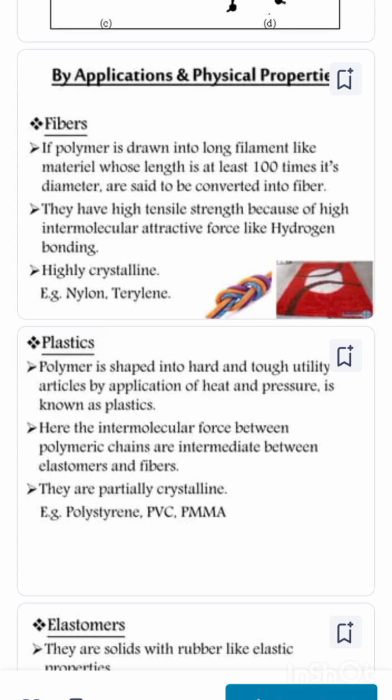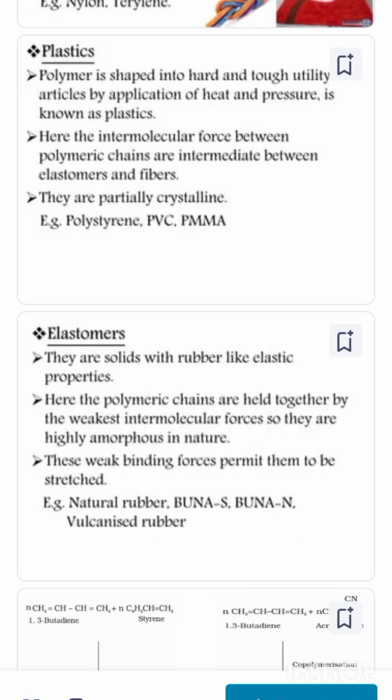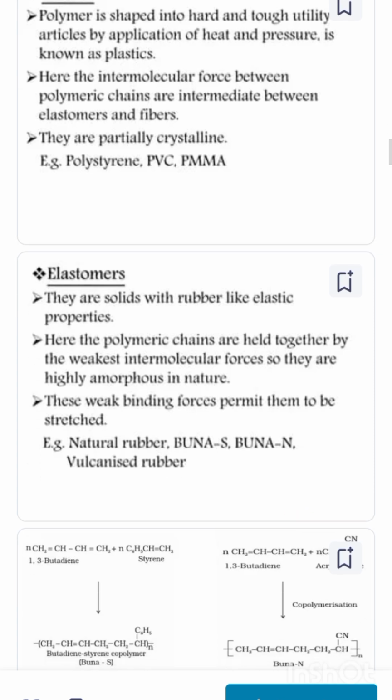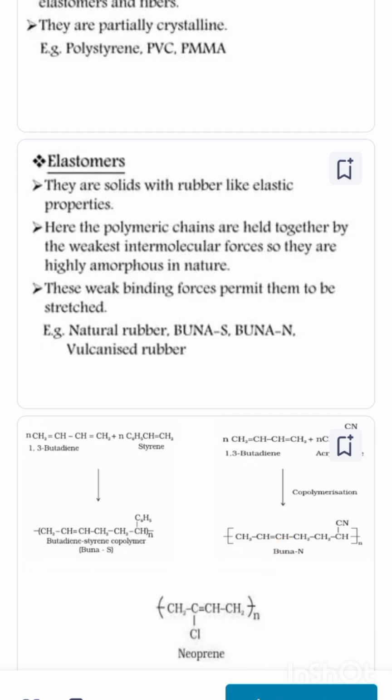Plastics. A polymer shaped into hard and tough utility articles by application of heat and pressure is known as plastic. Here the intermolecular forces between polymeric chains are intermediate between elastomers and fibers. They are partially crystalline. Example, polystyrene, PVC, PMMA. Elastomers. They are solids with rubber-like elastic properties. Here the polymeric chains are held together by the weakest intermolecular forces, so they are highly amorphous in nature. These weak binding forces permit them to be stretched. Example, natural rubber,